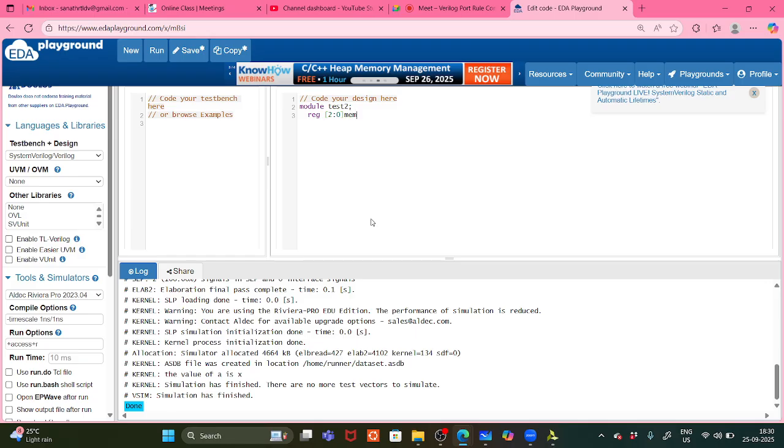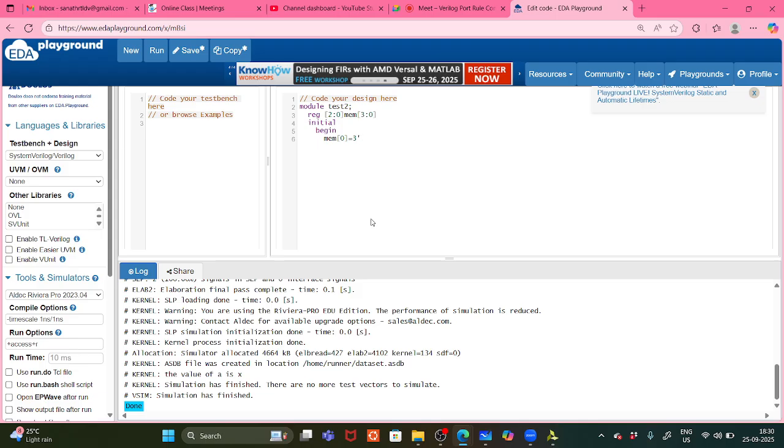And mem, of what size I am giving, 3 down to 0, mem of 3 down to 0. Initial begin. Mem of 0 equal to